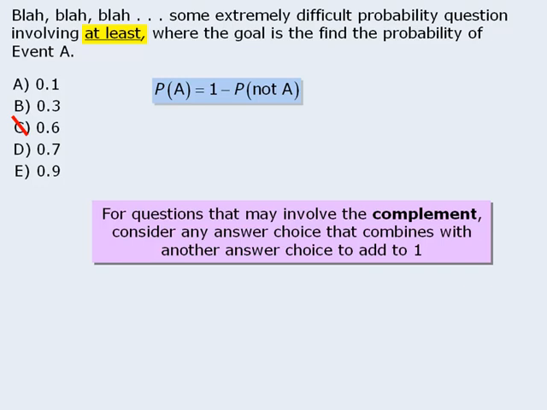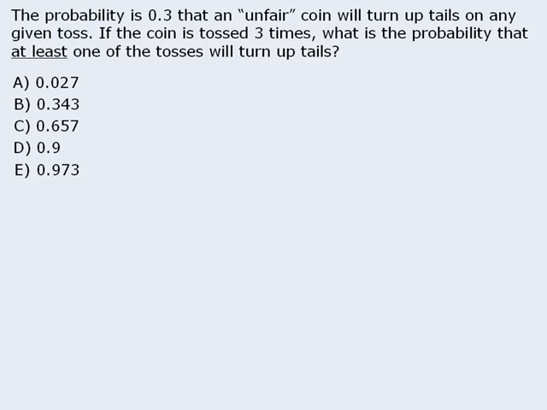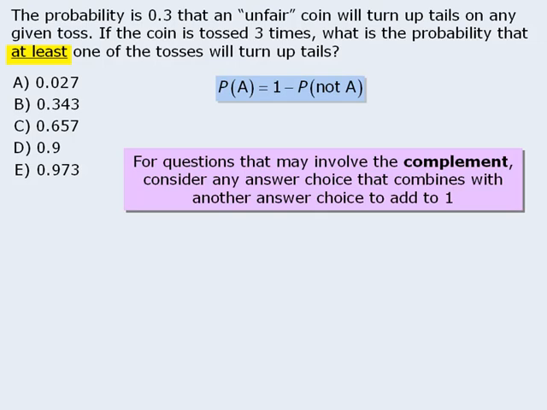Now, at this point, we might also use our instincts to eliminate any additional answer choices that do not seem to be correct. Now let's return to our original question. In this question we have at least, so the question might involve the complement. Now since the solution might involve the complement, we should consider pairs of answer choices that add to 1 as potentially correct. Now these two answer choices add to 1, so we'll leave them alone, and these two answer choices add to 1. Since answer choice D cannot pair with another answer choice to add to 1, we'll eliminate it.